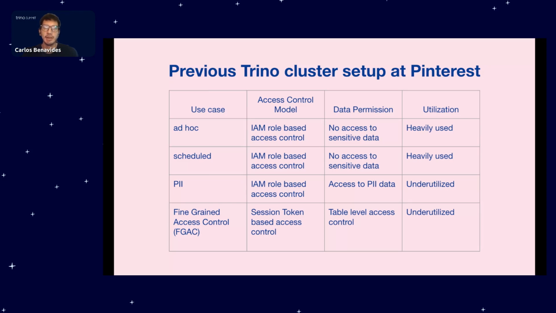The issue we had with this cluster setup was that our PII and FGAC clusters were serving a similar purpose. The purpose was restricting users from accessing sensitive data, in which case both clusters were generally underutilized